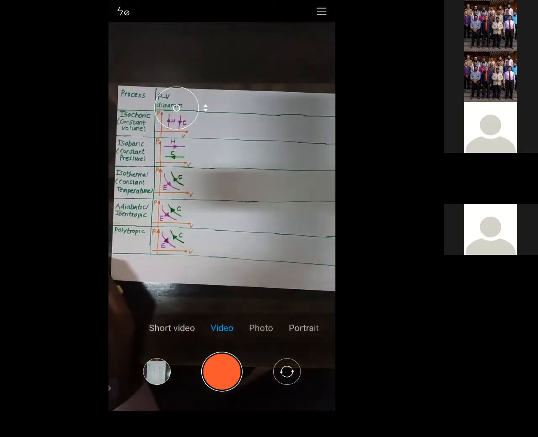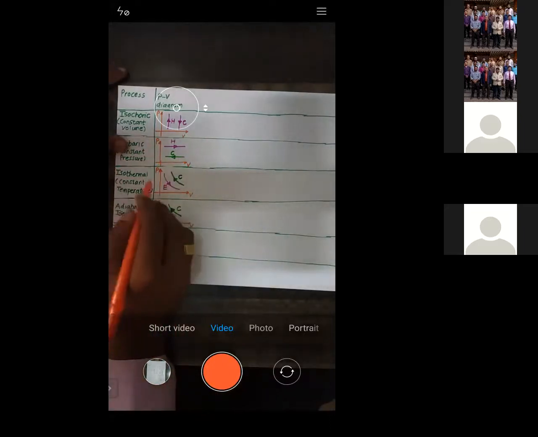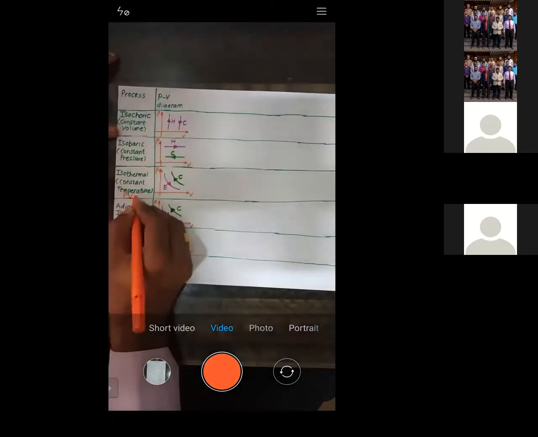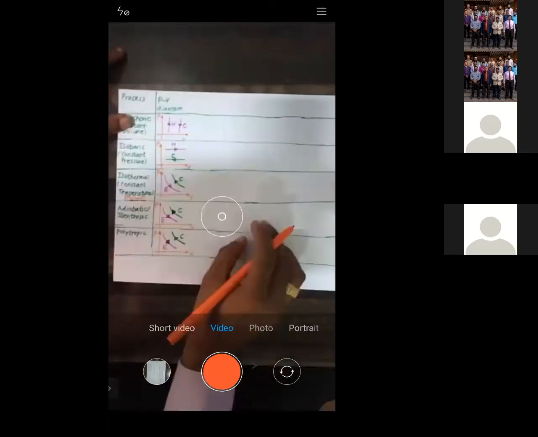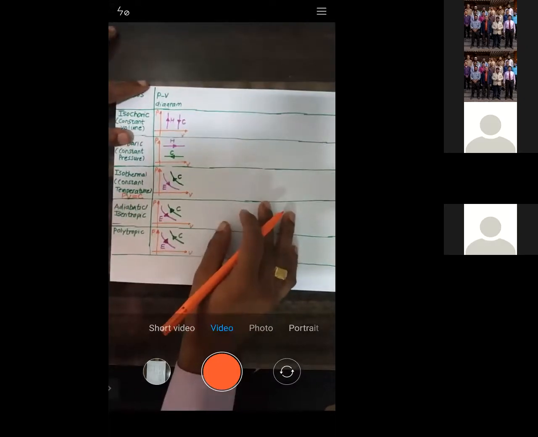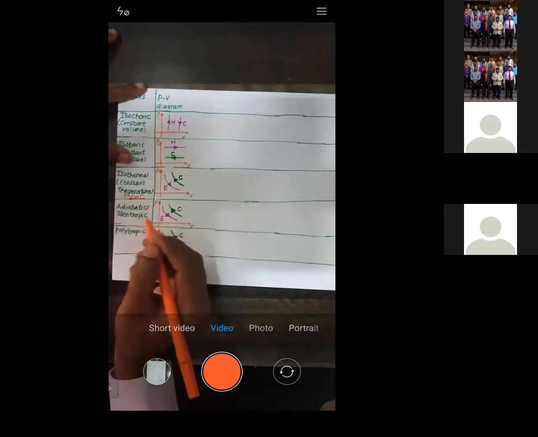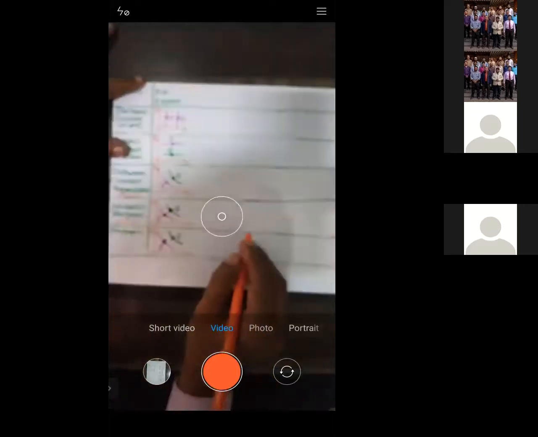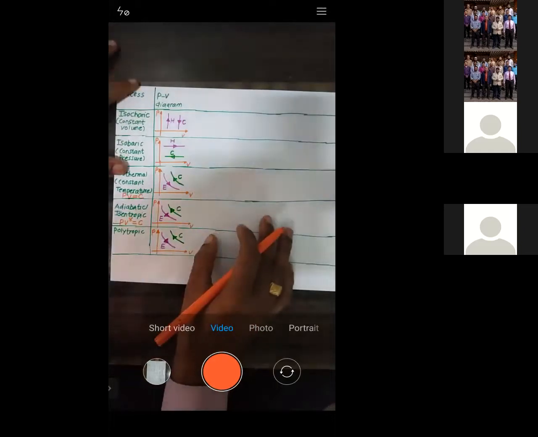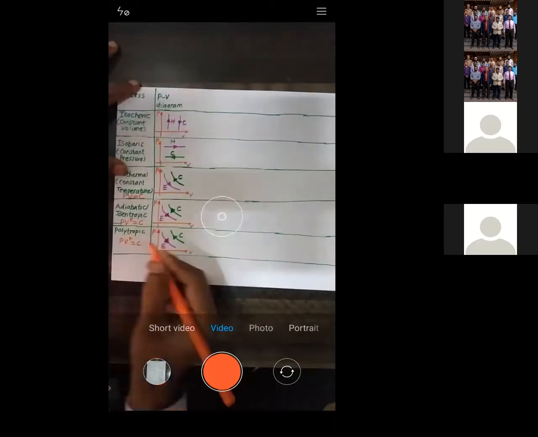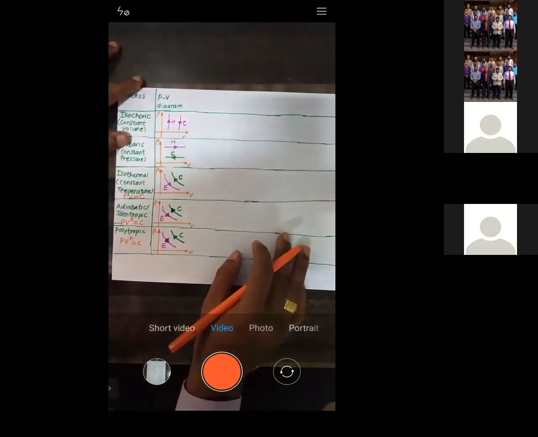Now just try to understand. When you write down for an isothermal process, we need to mention the law PV is equal to C. For an adiabatic process, I should mention the law PV raised to power gamma is equal to C. For a polytropic process, I should mention the law PV raised to power n is equal to C. Try to understand.